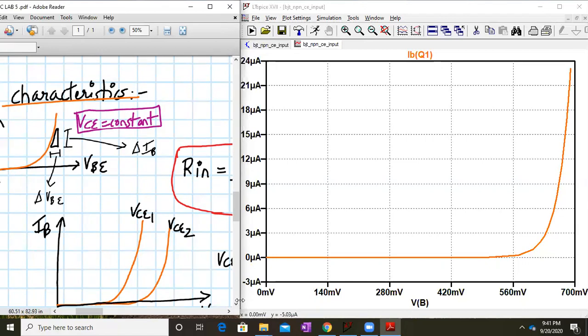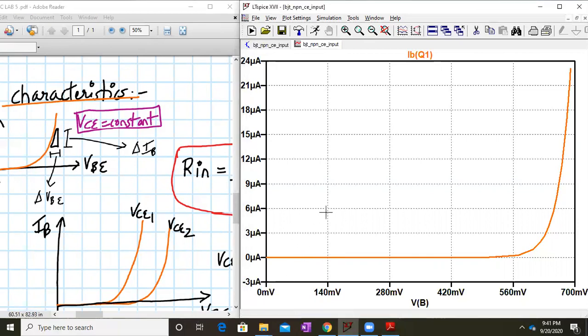Let me just check this PDF out. Yeah, you see the bottom corner. If I rotate this, the X and Y coordinates are also moving. So you can place it over here on the curve, and we need to take delta VB upon delta IB. If I place this plus sign near any curve value, let me place it here, it will give me the XY coordinate. Here the X coordinate is my VB and my Y coordinate is my IB. So you note it down. How do you calculate it? It's basically the inverse of the slope.